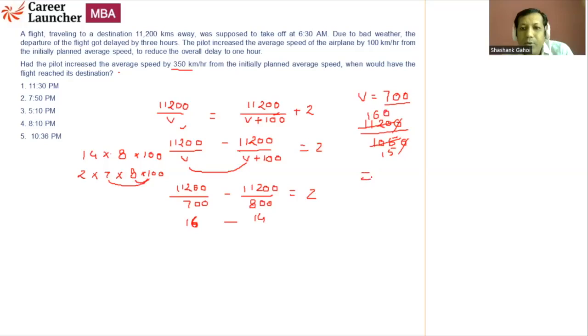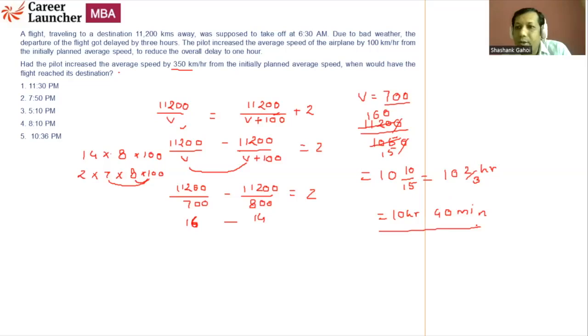So I am going to get my time as 160 by 15. Or I can say 10 2 by 3 hours. Okay, so 10 2 by 3 hours can be said as 10 hours and 40 minutes. So this is what is actual time taken if he is going to travel with a speed of